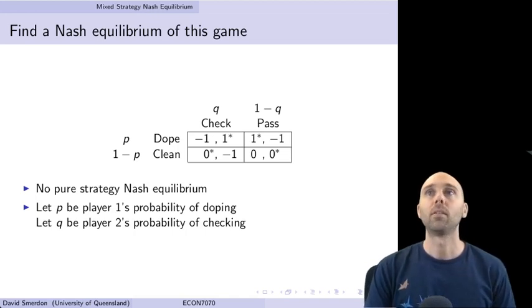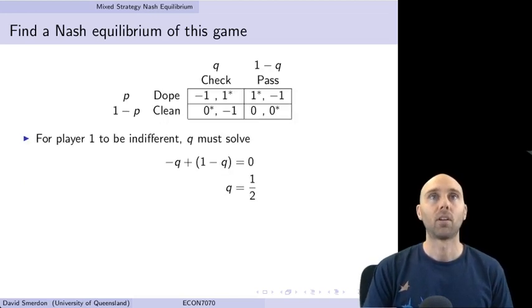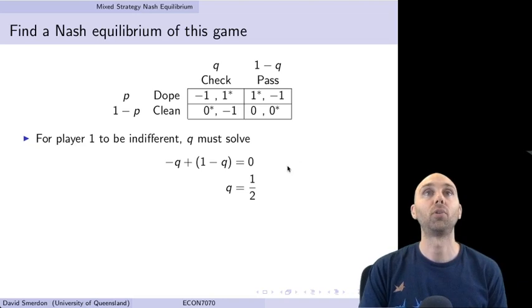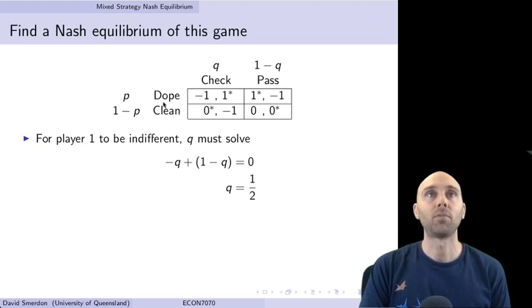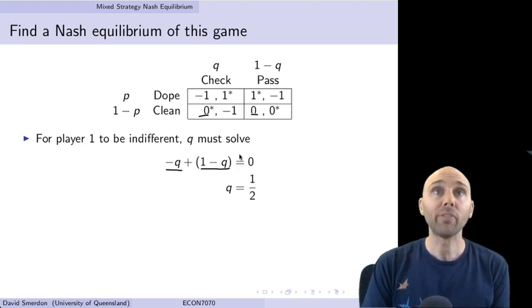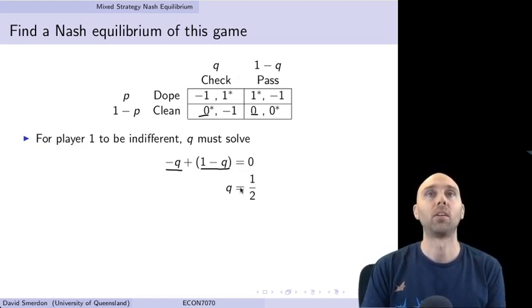Now for player 1 to be indifferent, it depends on player 2's probability of mixing. So the Q for player 2 must solve, it must be the case that player 1 is getting the same payoff from doping as from being clean. So the payoff from doping is equal to -1 times Q plus 1 times 1 minus Q. The payoff from being clean is 0 in every case. So these two things must be equal. So for player 1 to be indifferent, player 2 must be mixing with Q equals a half,